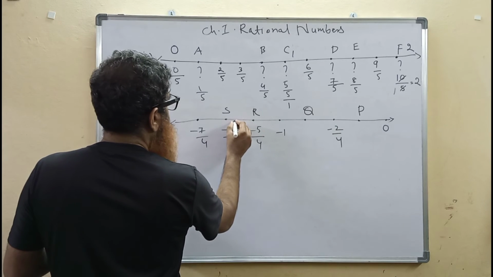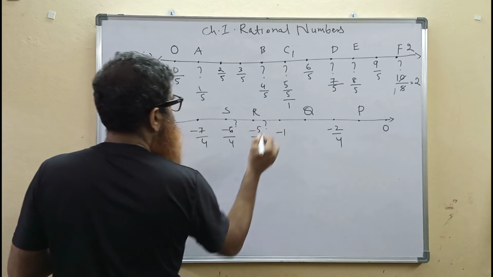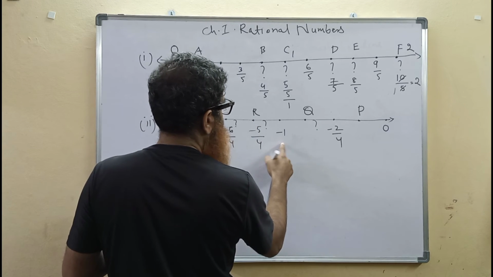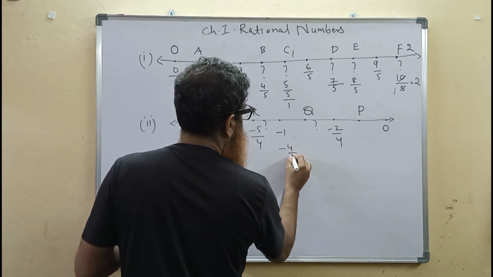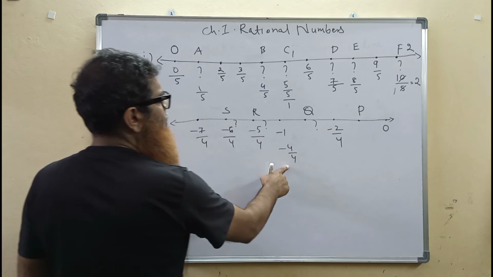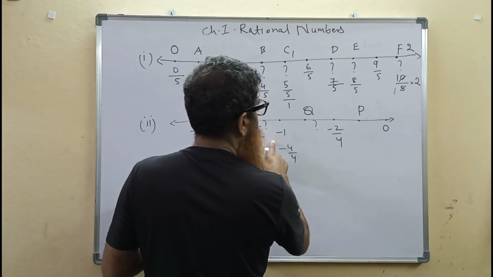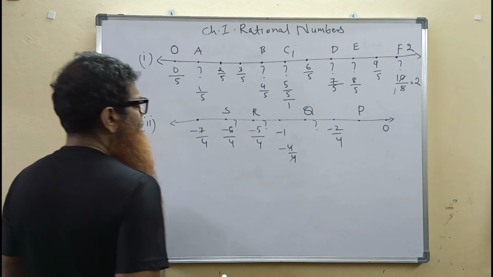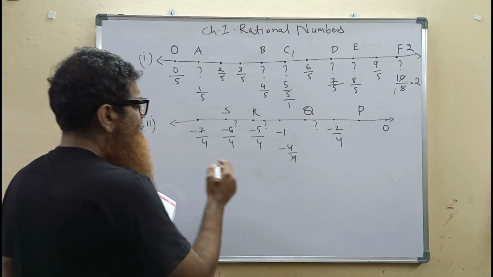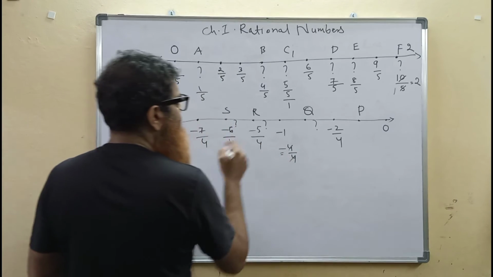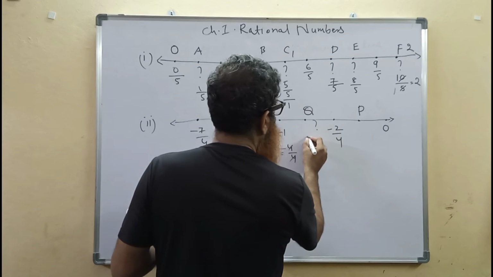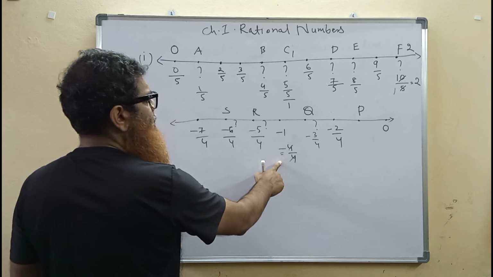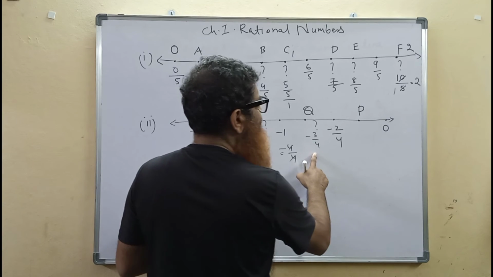These were the things we were to find out, question marks being here. It is -5 by 4. Here the next number is -1. That is in fact minus 4 by 4. Minus 4 by 4 is equal to minus 1. 4 goes one time each, and minus being in the numerator, it is minus 1. So next one should be minus 3 by 4. In between minus 2 by 4 and minus 4 by 4, it should be minus 3 by 4.